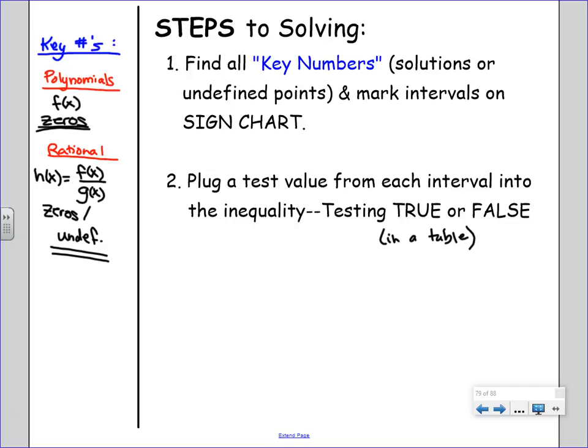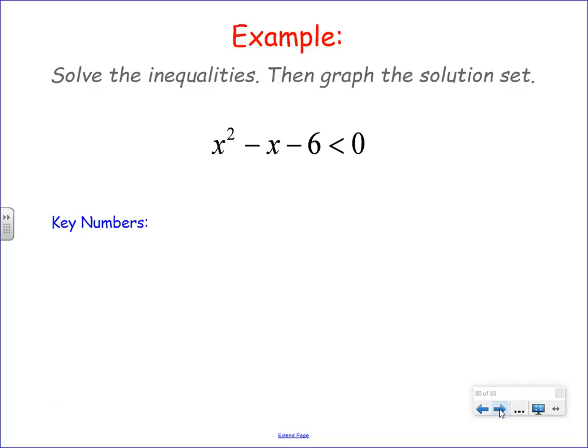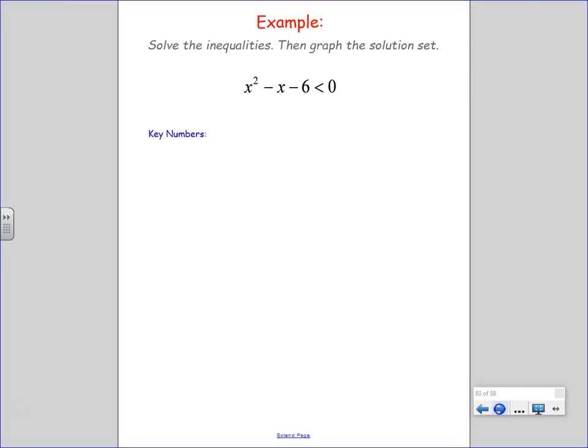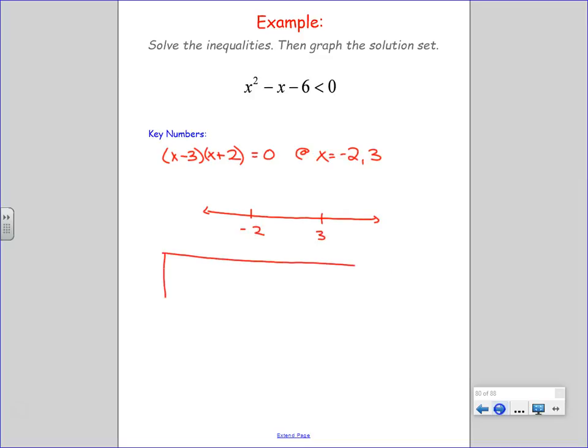Now pencils down. Just to help you guys, I want to just quickly solve this problem. And I don't want to mess up your notes and make you guys skip lines or anything, okay? So, here's this one that we saw a second ago. You guys said factor and you were right on, but you weren't right on for solving, you were right on for finding the key numbers. I have x minus 3, x plus 2. To find the zeros, I can say x equals negative 2 and 3. I put them in a sign chart, negative 2 and 3. I make a table,